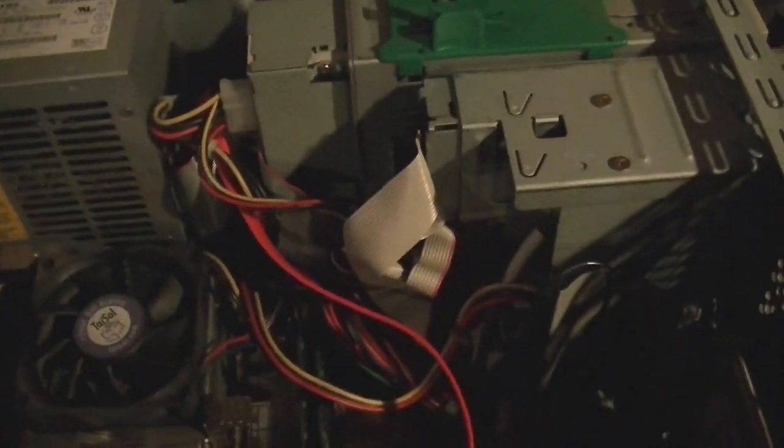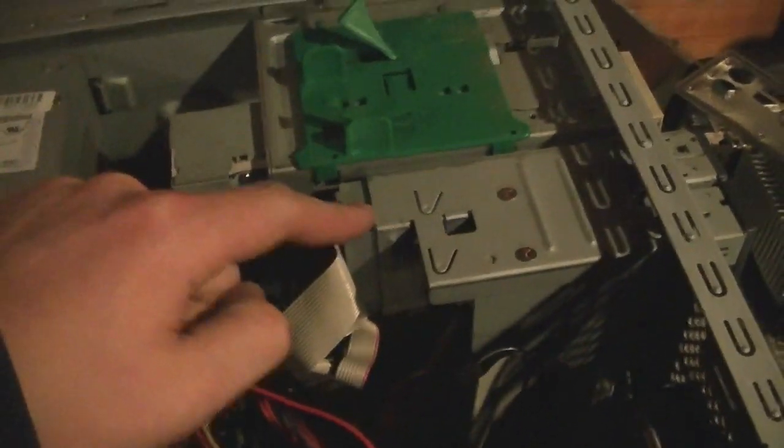And this thing was full of dust. Also has a floppy drive that's not really even worth mentioning. And some old looking CD rewritable drive. But I have tested it out. I've gone to the BIOS with it, but